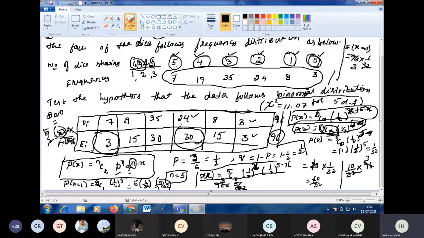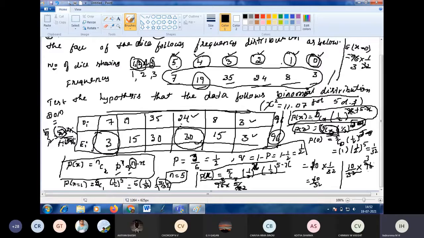Why 96? Because we are throwing 5 dice 96 times, and out of 96 times we are distributing this. Out of 96 times, how many times are we getting 1, 2 or 3 on the dice? On all 5 dice we got it 7 times. Out of 96 times we got it 19 times on 4 dice. That is the meaning. We have distributed our frequency among the values of x, so it should be 96. If it is not 96, you did something wrong somewhere.